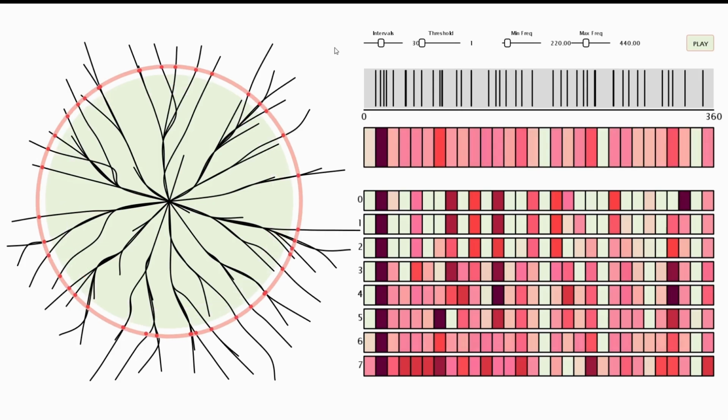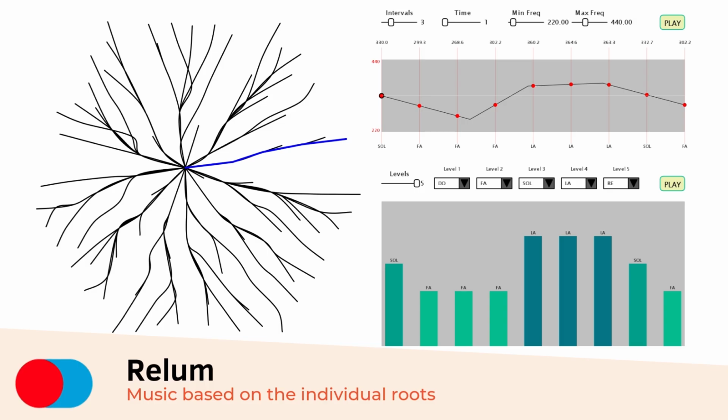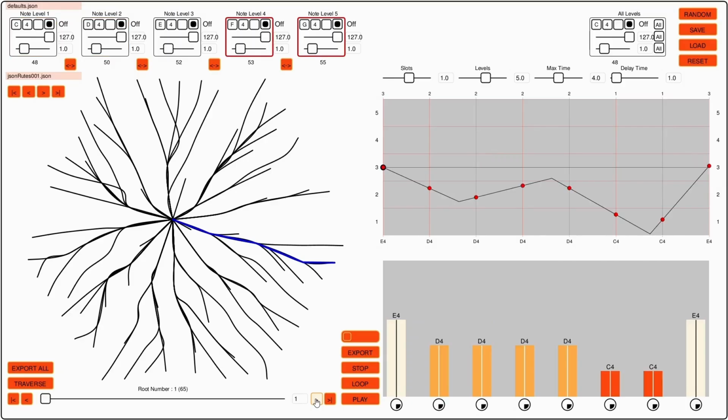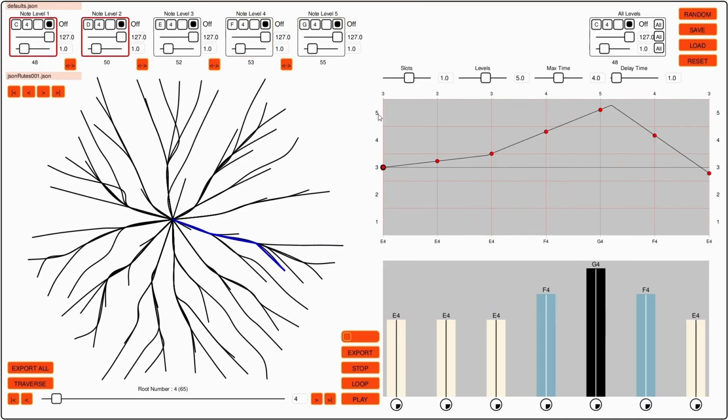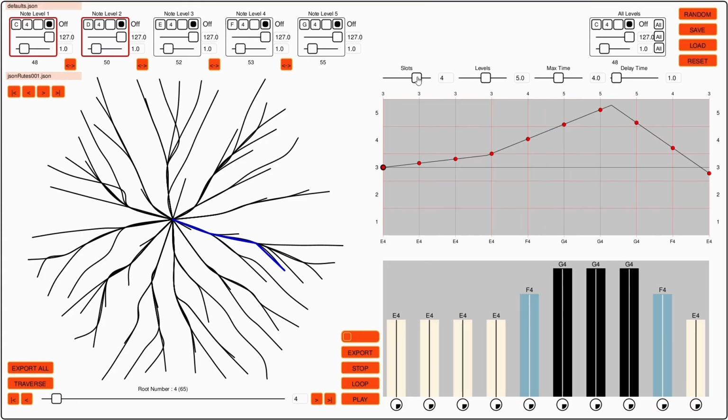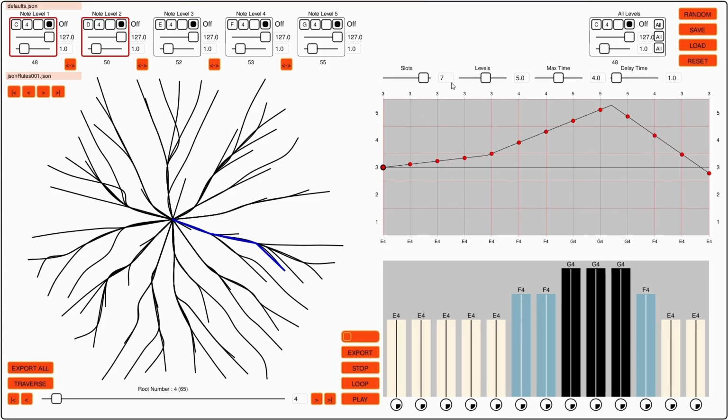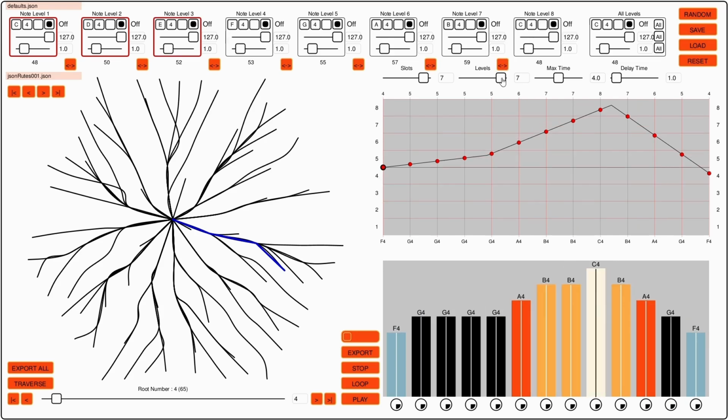Another approach in sound was using individual roots. Now the blue root is the root that is selected. Using the slope of the curve, you can match this slope to a frequency, to a chord, or to a note, a musical note. So here you can see different roots, selecting different roots. So the sound extracted from the shape is different.